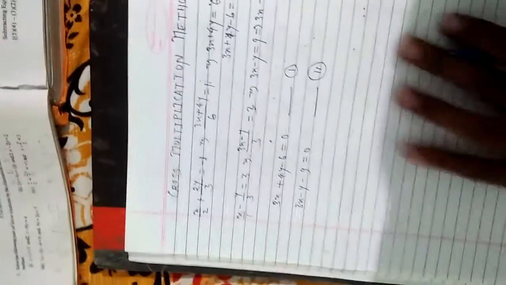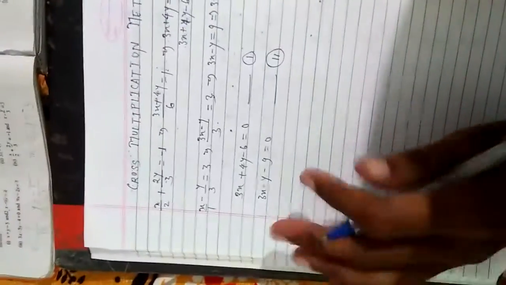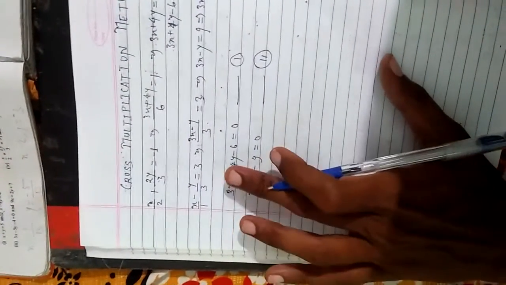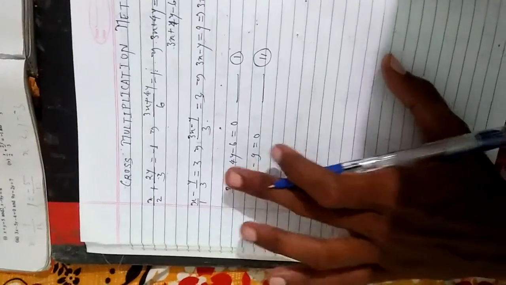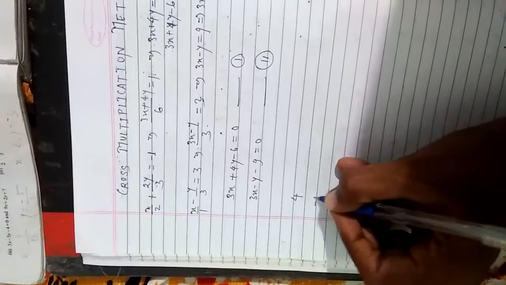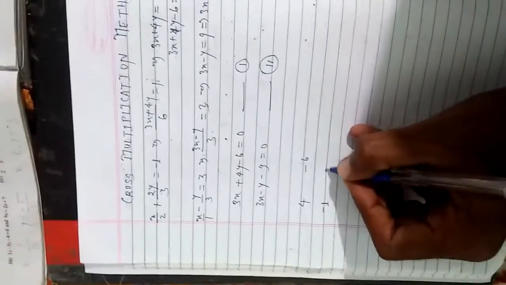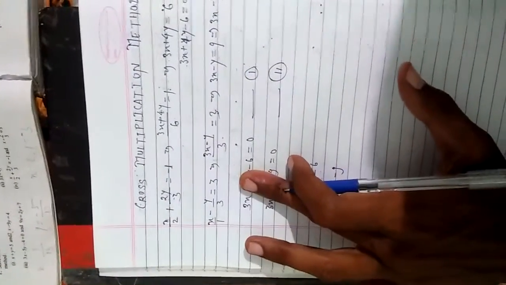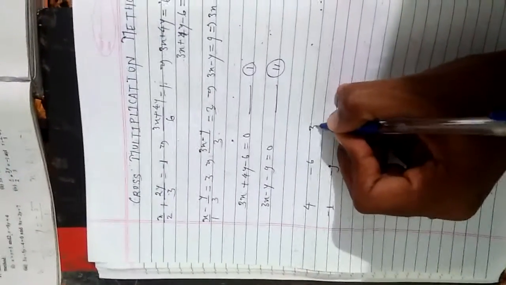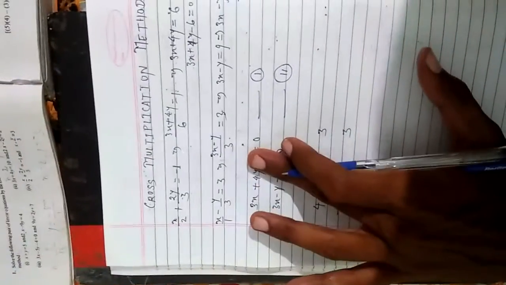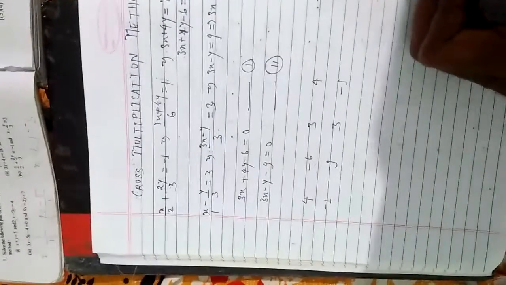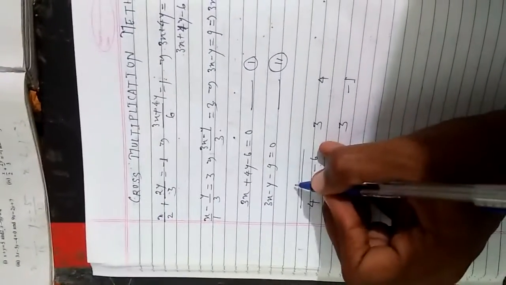Now we are going to solve by cross multiplication, so we have to hide this term. When we hide x, we get 4 and, where there is nothing, the coefficient is 1, so 4 and minus 1, and minus 6 and minus 9. Second, we hide the y, so we get 3 and 3, and then we hide this, so 4 and minus 1 again. Okay, now we are taking the divisible sign.